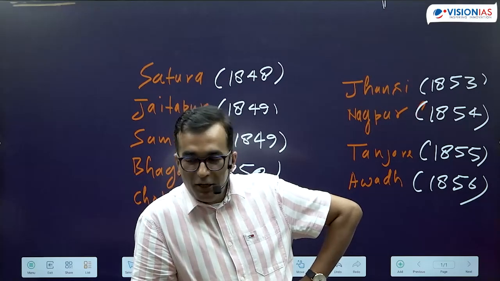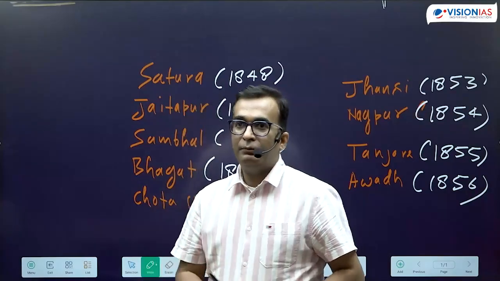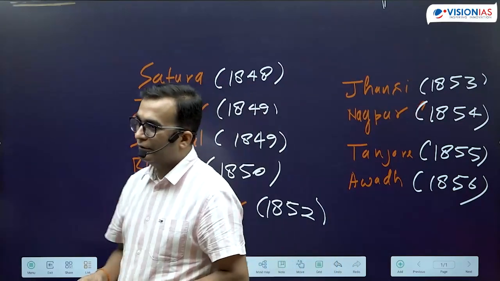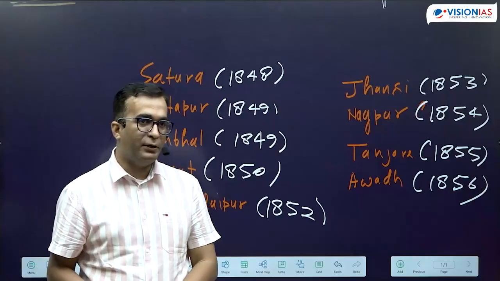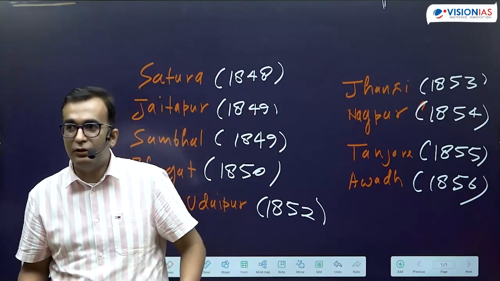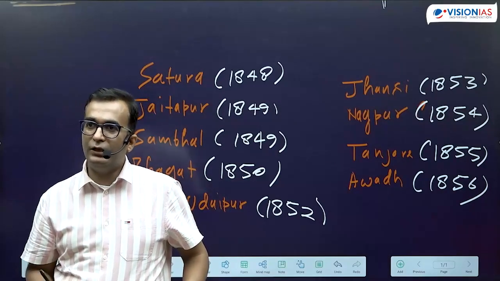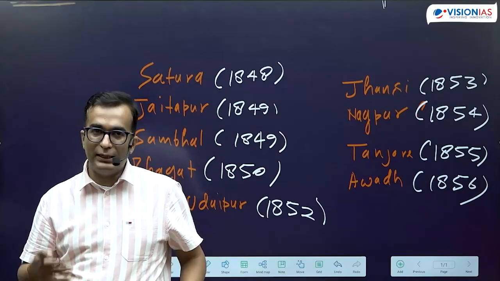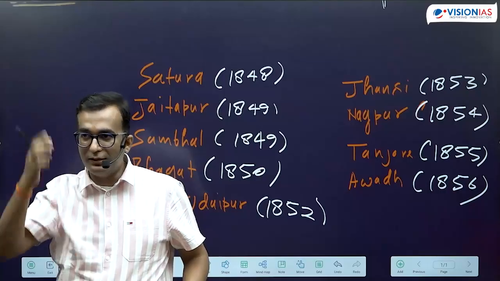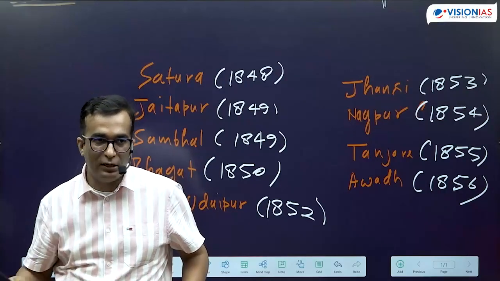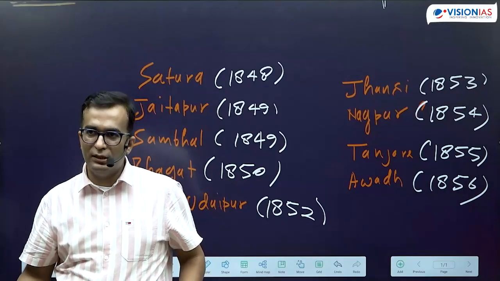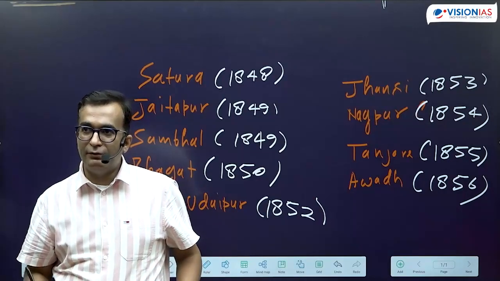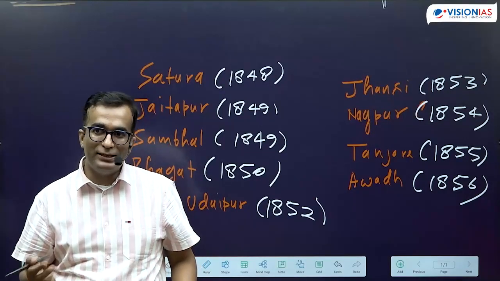ठीक है? So now this is all about the political causes of the revolt. Now we are going to talk about the course of the revolt and the prominent leaders of the revolt. In prominent leaders, we do have many stories, and stories are basically the incidents, and those real incidents. Though for writing purposes there would be less, to know the incidents, it is important.